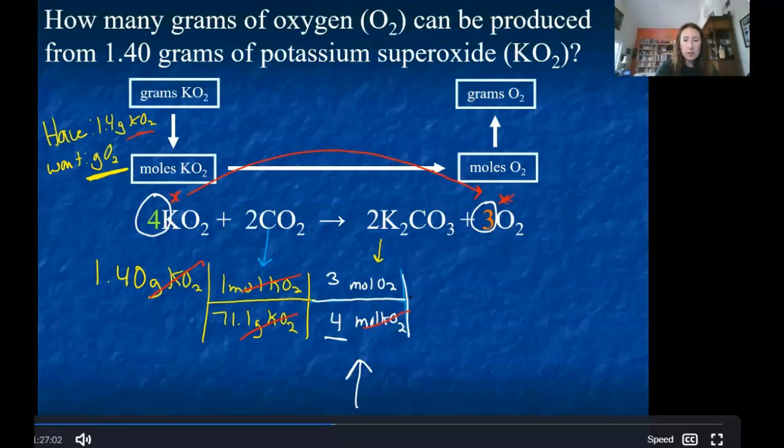So we don't want moles. So that means moles of O2 have to go on the bottom, right? If moles of O2 has to go on the bottom and we want to go to grams, moles to grams, periodic table, right? And 1 mole of O2, again, is 32 grams of O2, not 16, because this is O2,